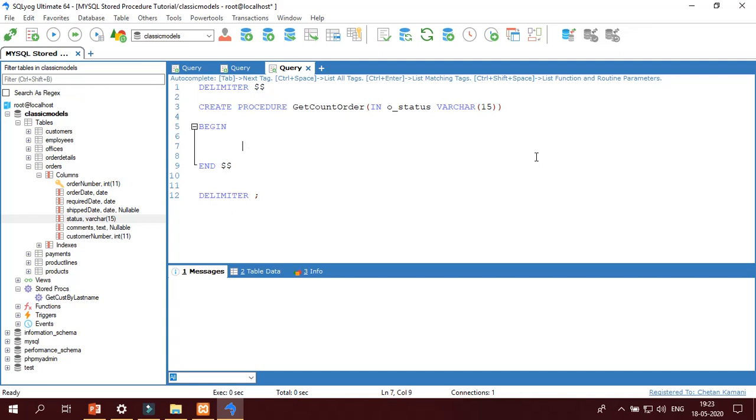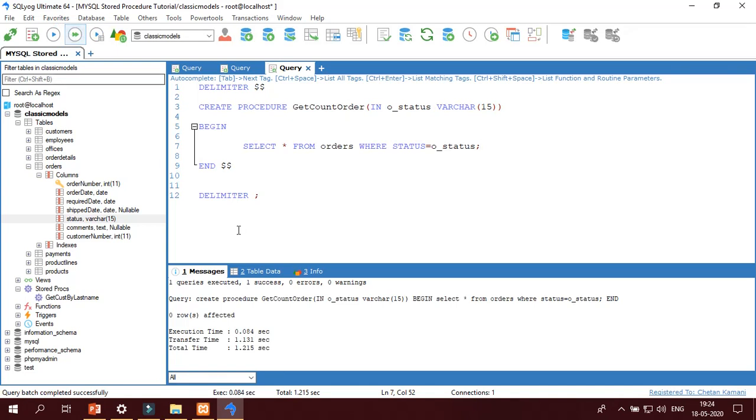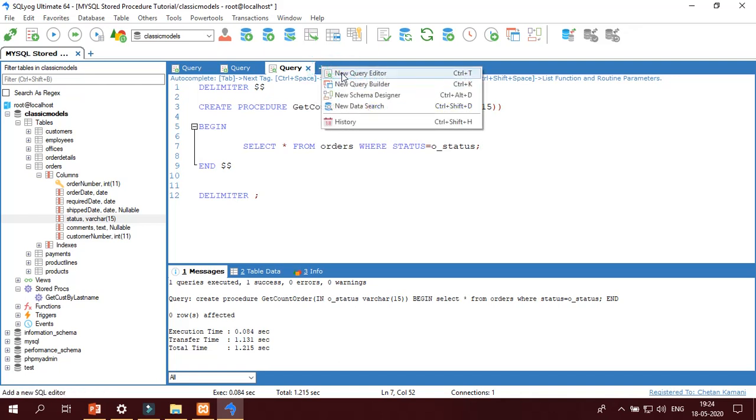Now the query: select star from which table, orders, where status equal to O underscore status. Now I am going to execute it. Okay, it is successfully created and compiled. Now I am going to call this stored procedure.